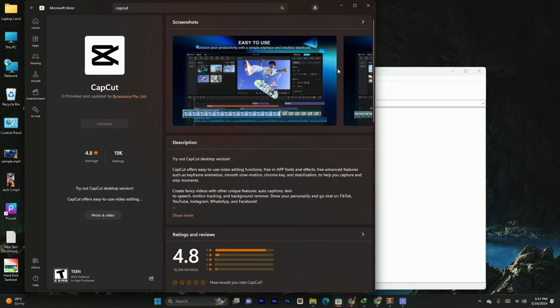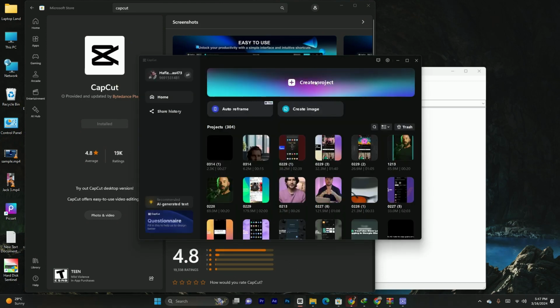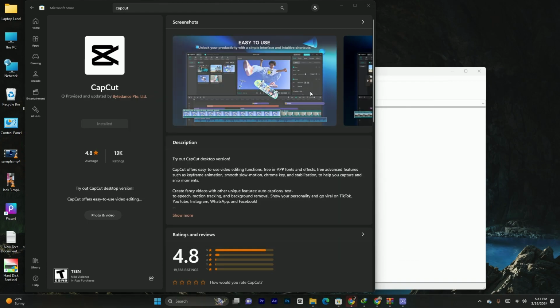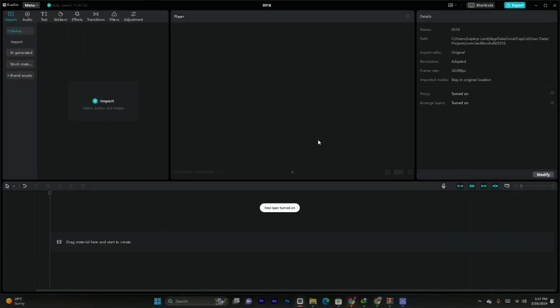In order to open CapCut on your PC, you have to simply tap on the application. After tapping on the application, it will take some time and CapCut will be opened. You can see CapCut has been opened. Now you just have to click on create project. After tapping on create project, you will be able to see our CapCut has been successfully installed and